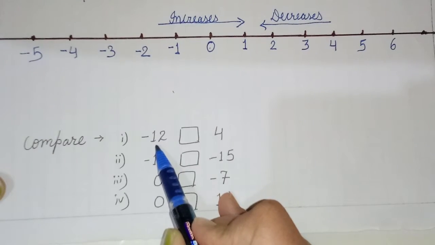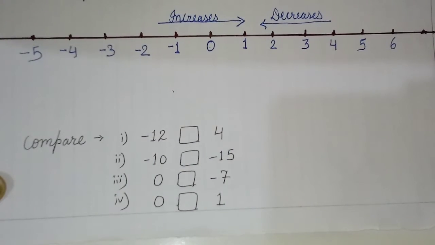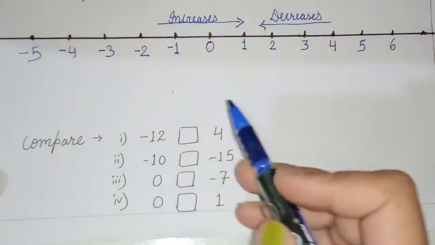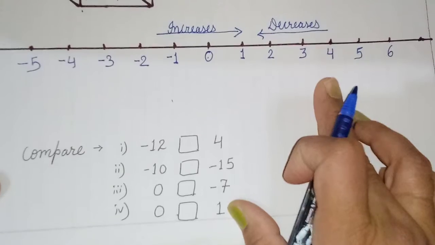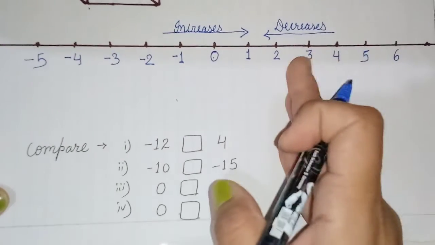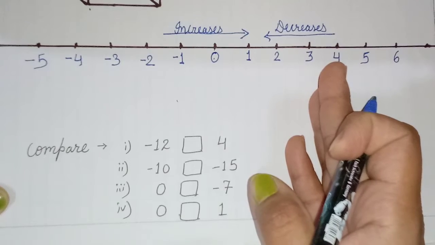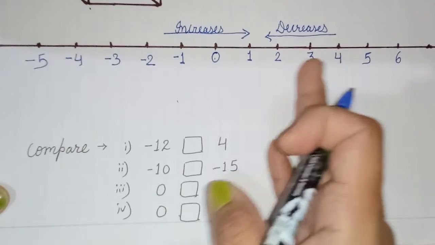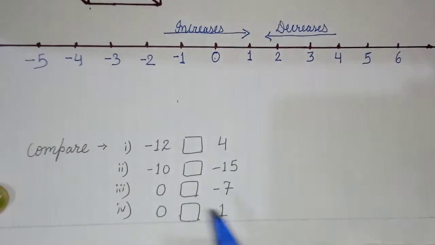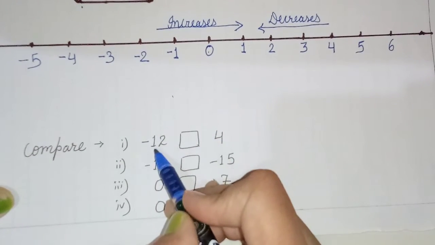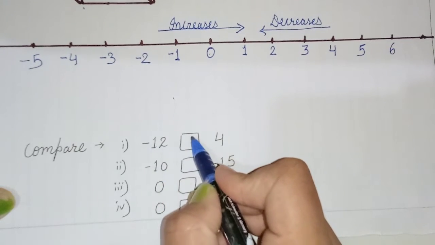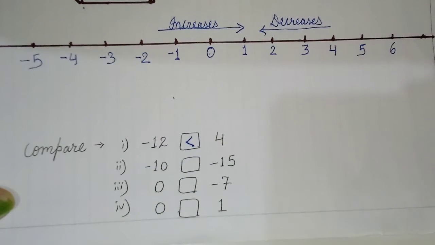First of all, minus 12 and 4. We have to compare. You can see here the number which comes at the left side will be the smaller one. So who will appear at the left side on the number line? Minus 12 or 4? As we can see, 4 is here, right? Then if we move starting from 4 to get minus 12, we have to move to the left side. Here minus 5, minus 6, minus 7, minus 8 and so on. Then after minus 11 we get minus 12. So minus 12 is at the left side of the 4. The number present at the left side will be the smaller. So minus 12 is smaller than 4.